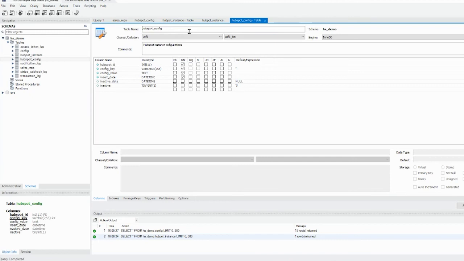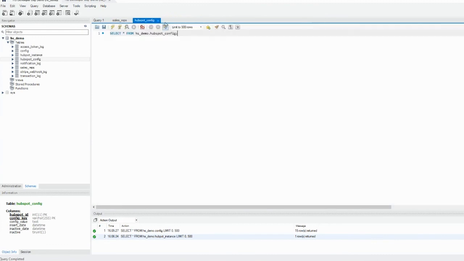So if you have a customer portal, there may be a config key called page title, and one person's may be called customer service, another person's may be called Joe Schmo's ticket service. You never know. Again, keys are the same for everyone. Values are what make all the difference. Okay, so pretty simple stuff here.